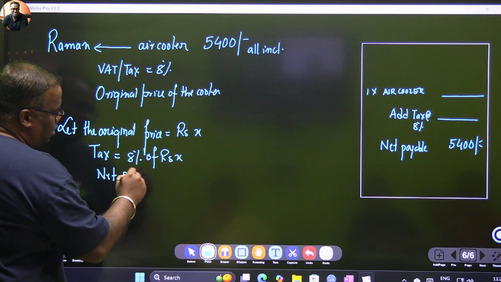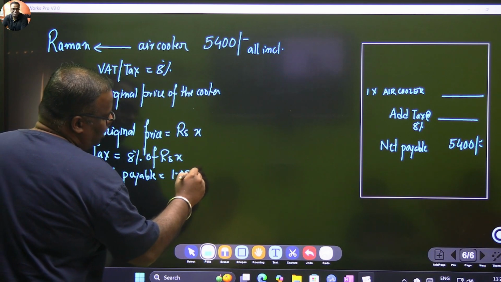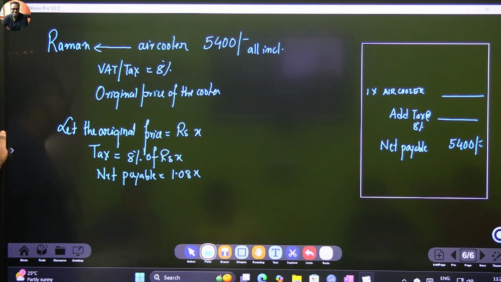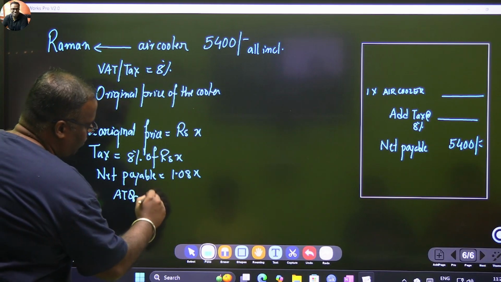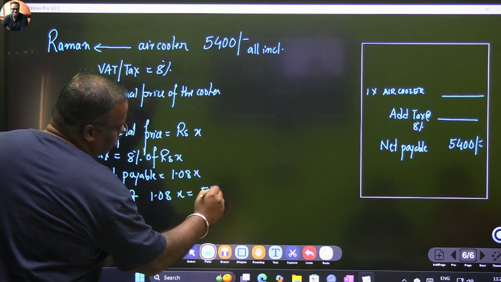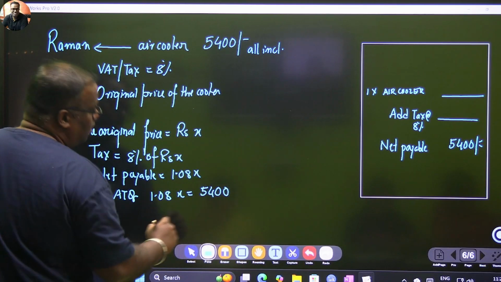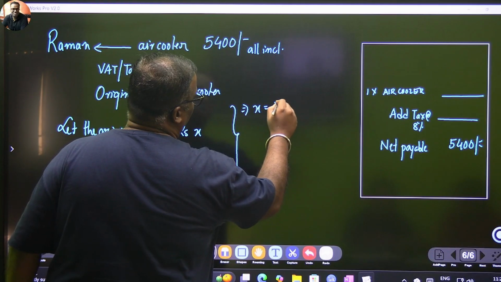Net payable will be how much? 1.08x. 8% means 0.08, so it is 1.08x. According to the question, 1.08x is equal to 5,400. So further, if you do it, x is equal to